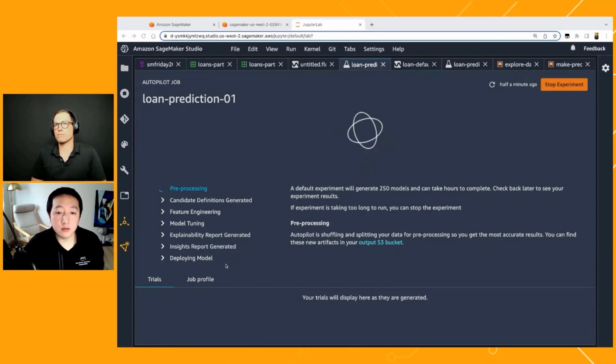So you have full visibility into how the model is being trained and how it is performing.